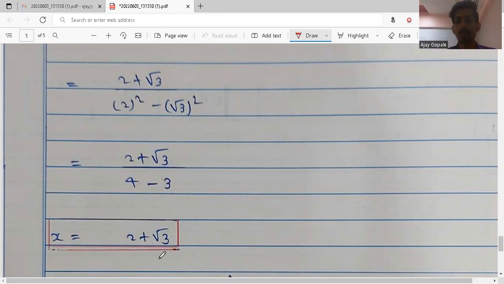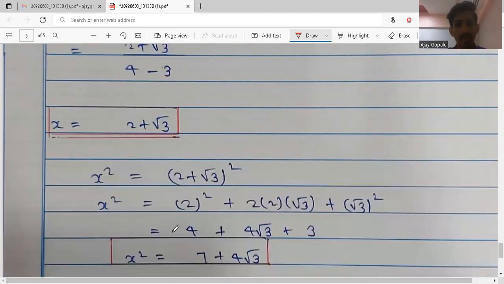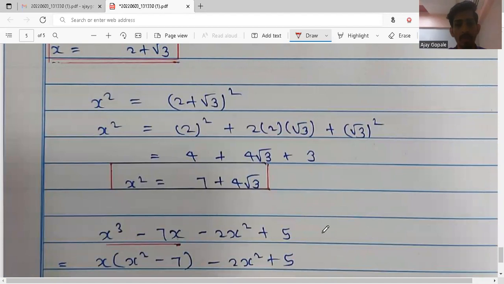सो व्हाट वी आर डूइंग, जो आप लोग को पॉलिनोमियल दिया है आगे, from this polynomial, from the first two terms we are taking x common, so that in the bracket we are having x square minus 7। सो आप लोग चेक कर सकते हैं आगे जाके ना, कहाँ पे भी क्यूब करने की जरूरत नहीं है, खाली स्क्वायर और x वाले टर्म आने वाला। तो स्क्वायर हम लोग को पहले फाइंड करना पड़ेगा, x square का वैल्यू फाइंड करना पड़ेगा।